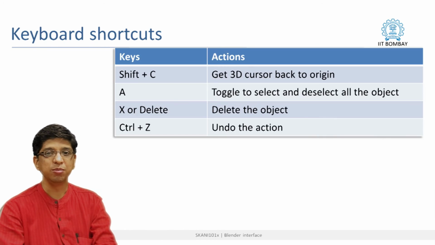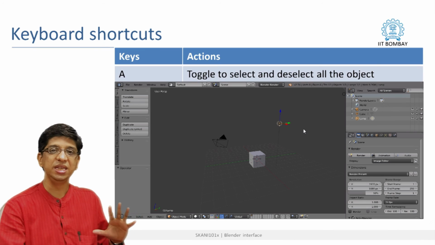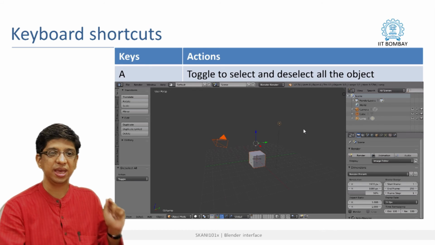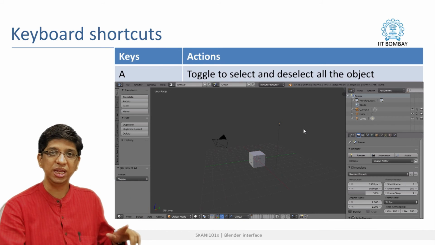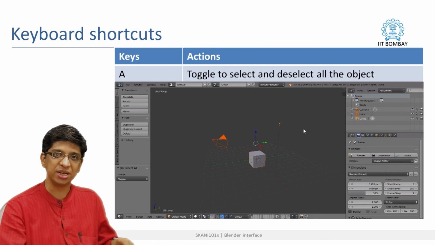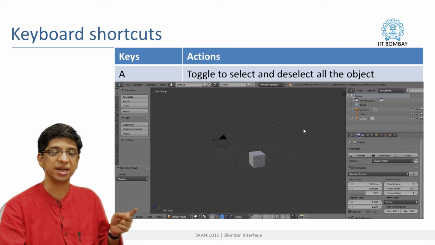Lastly, some keyboard shortcuts which are very commonly used. The most common is for selecting or deselecting objects. Now here selecting all objects is done by the key A on keyboard. If you press A, it will select all the objects which are present, and toggling this, like repeating the pressing action, will toggle the action and it will deselect all the objects. So this is a toggle key, A for selecting as well as for deselecting if you press it again.